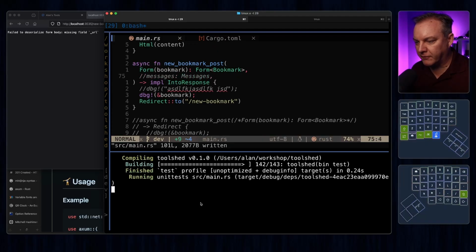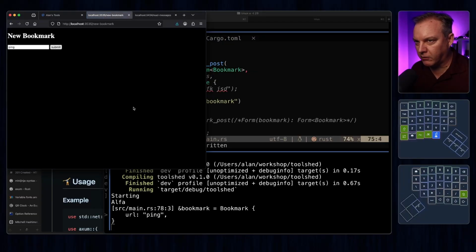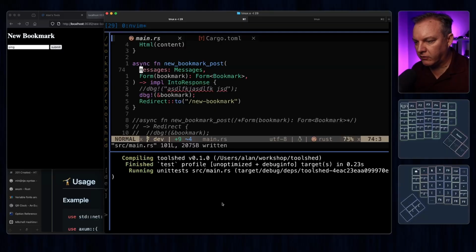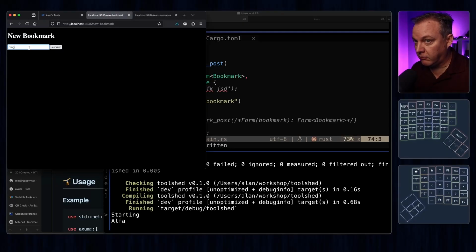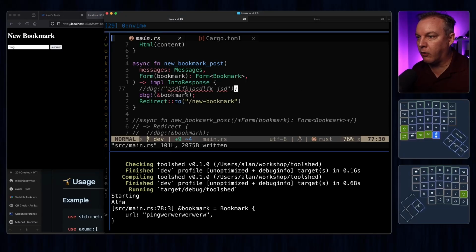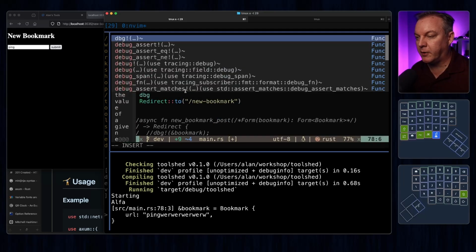Now, if we do this, what happens? So this should work. Cool. There's our ping. There's our data again. Now, if I put this first, it compiles. If I add some stuff here, it sends it, and it looked like it did the redirect. So, do we have message here? Debug